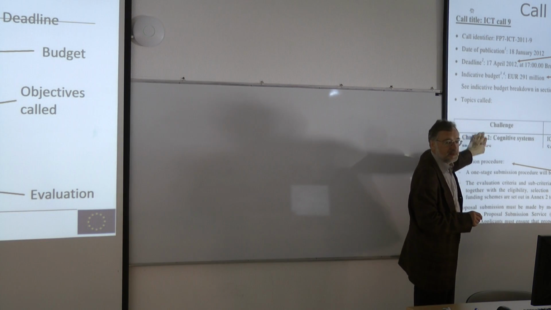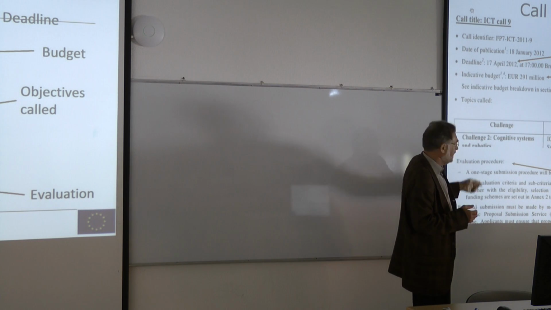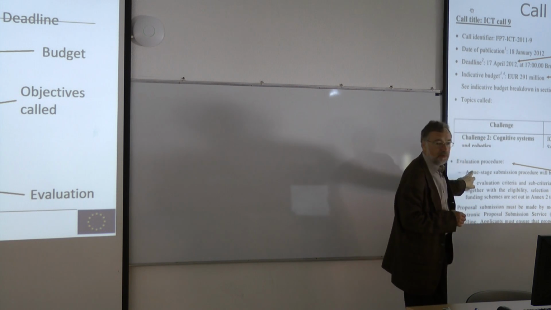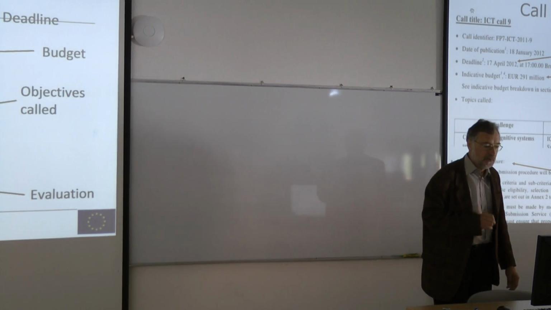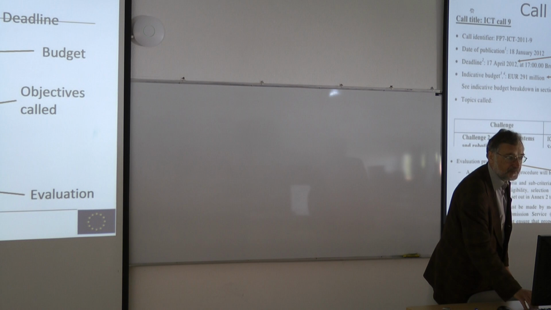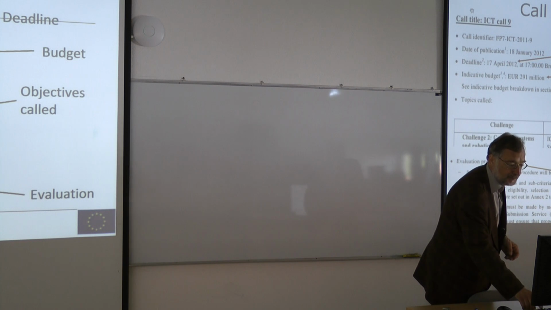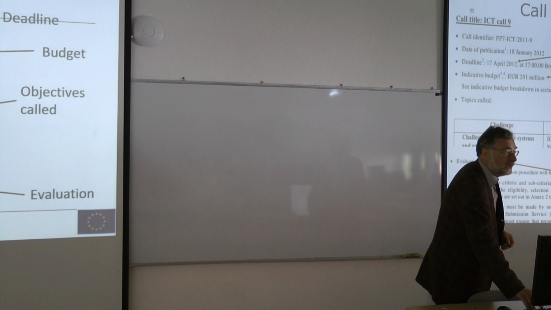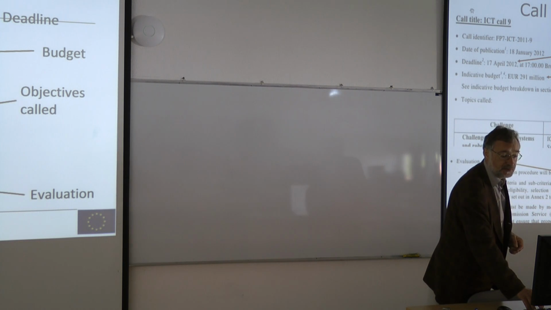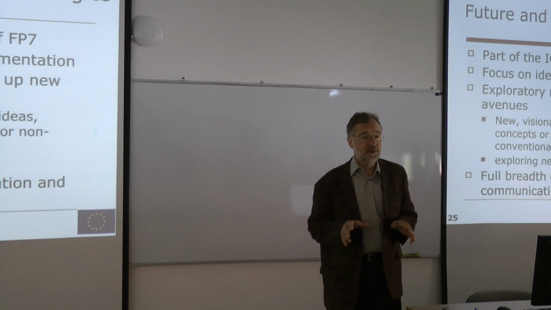Then we have the objectives. There is a list in the call fish. There is a list of objectives. I have cut this off, so it goes down one page or so. And then we have here the evaluation procedure. So this explains very briefly how such proposals should be evaluated. So this is an example of how you could read this in the work program. Challenges, objectives, and for objectives target outcomes and expected impact. And then you have for each objective a budget and a call for proposals. So far, the challenges and objectives.